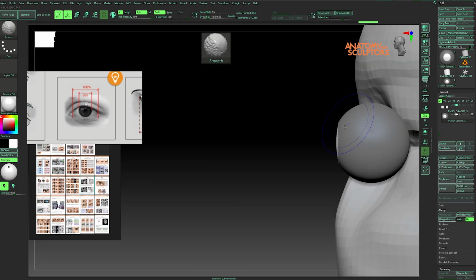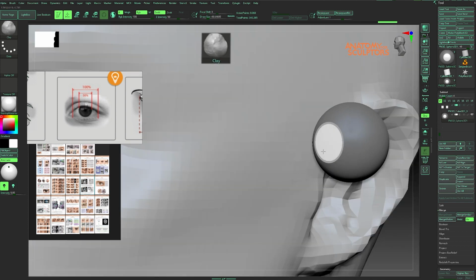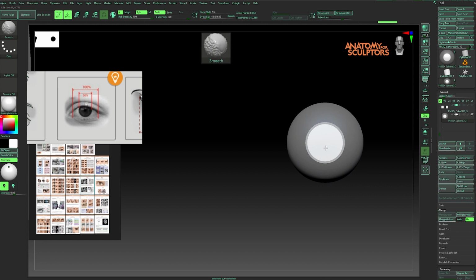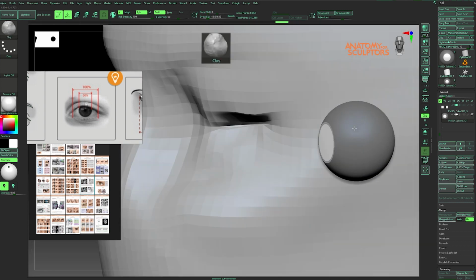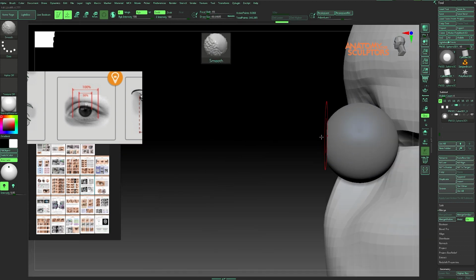50% of the eye with the perfect circular mask. Here I selected the normal circular mask, but make sure you select the perfect one. This way your mask will be a perfect circle. To select it, just hold Ctrl and click on the brushes on the top left corner, then select the circular mask and drag to create your shape. And while dragging, you can hold the space to move the mask.